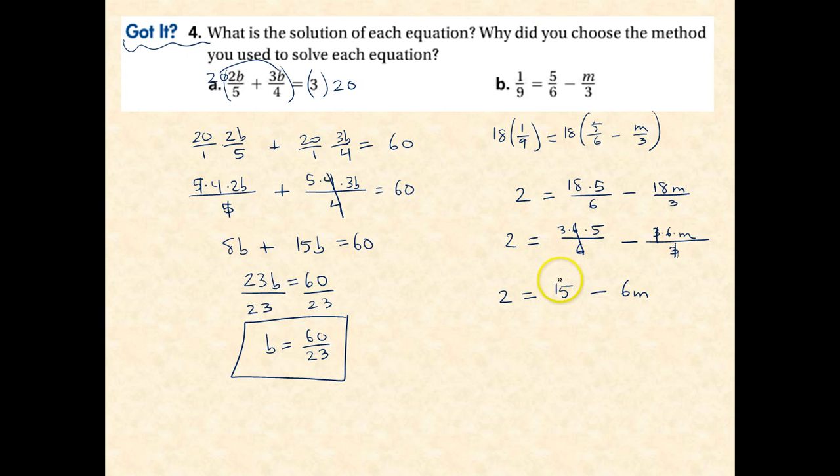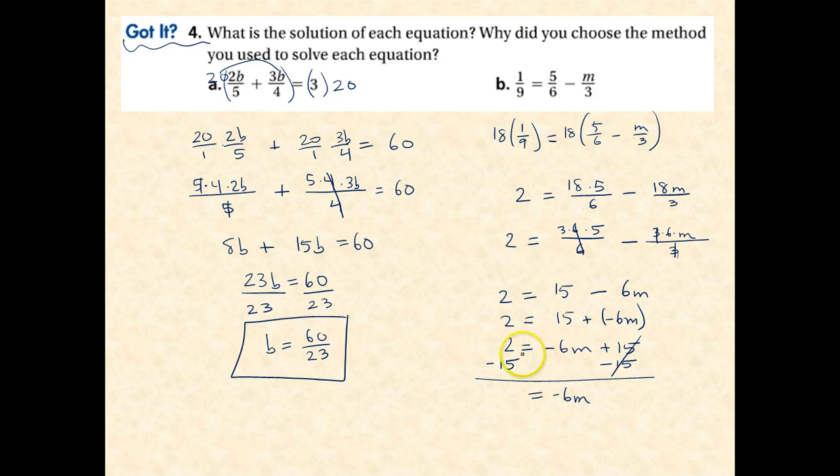If it's not easy for you to see that we should subtract 15 from both sides, it might help to rewrite this as addition. And then you can use the commutative property to flip these. And that way it might be a little bit easier to see that you really were adding 15. When 15 is positive, it's adding. So the inverse of adding 15 is subtracting 15. So from the right side of the equal sign and from the left side of the equal sign,